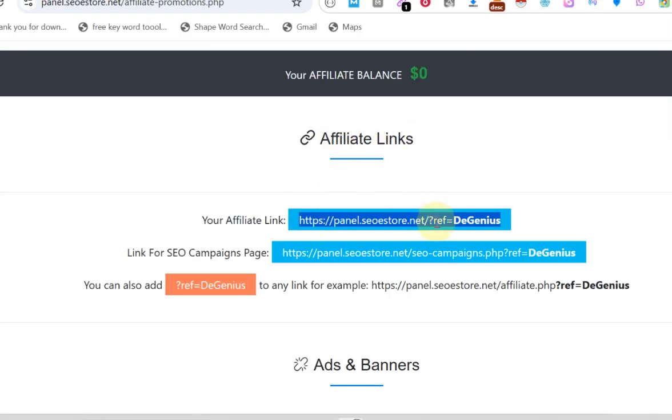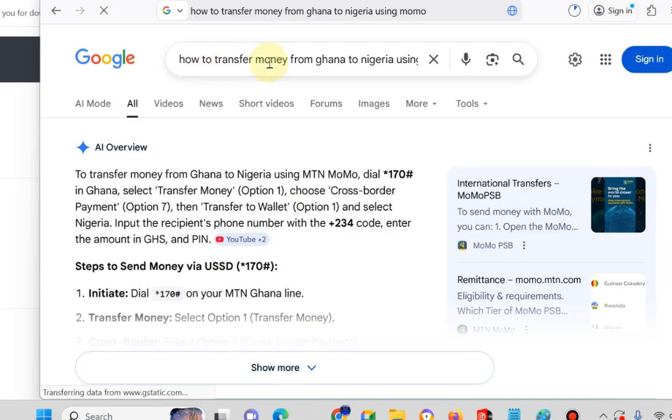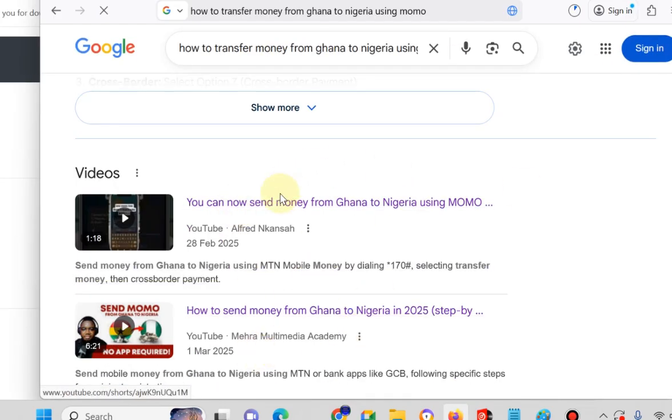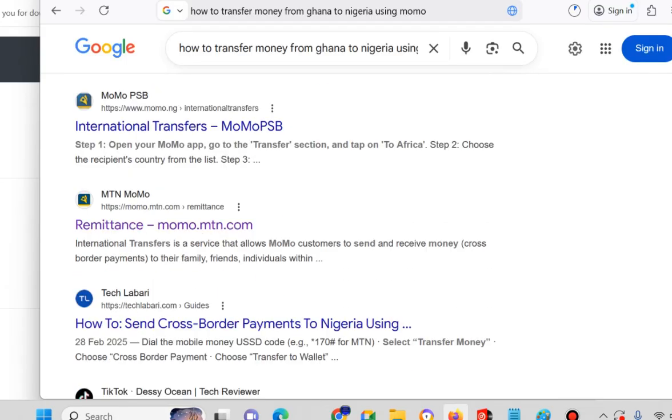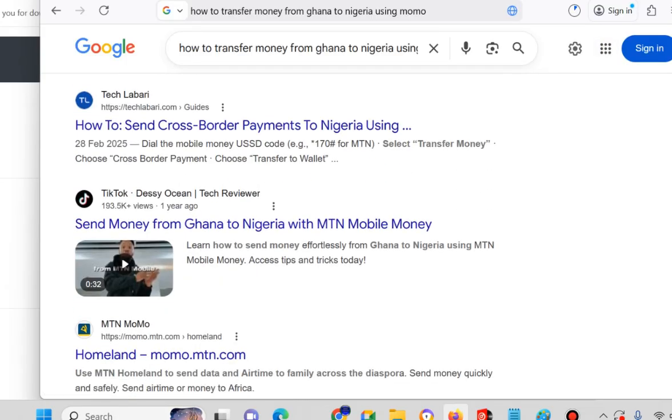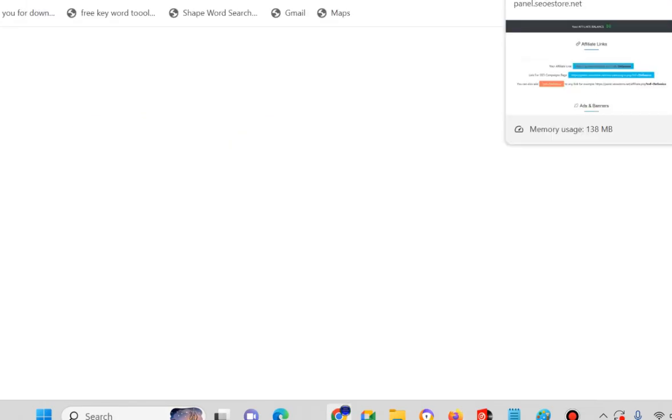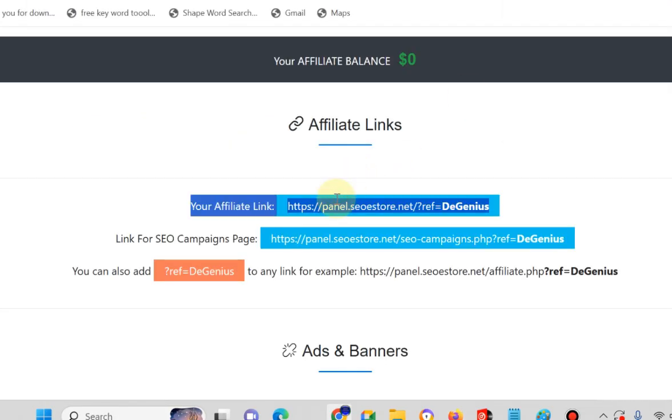Now, another big problem for every content creator is SEO. That means being available on search engines. Now, when you go on search, you will notice one common problem. Let me show you a simple example. Now, when I come on Google search, I say how to transfer money from Ghana to Nigeria, or any keyword that is searched here, you notice some results came first. You can see all these are SEO optimized videos. So the goal is to be available where a lot of people can see what you are posting. So that is the problem this very platform solves. Now, another big problem again